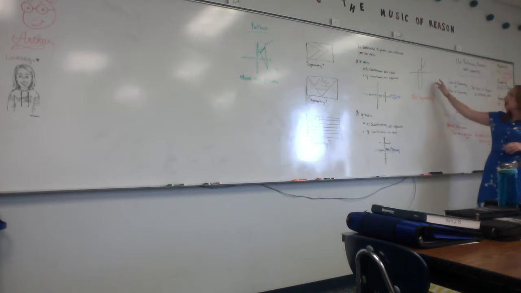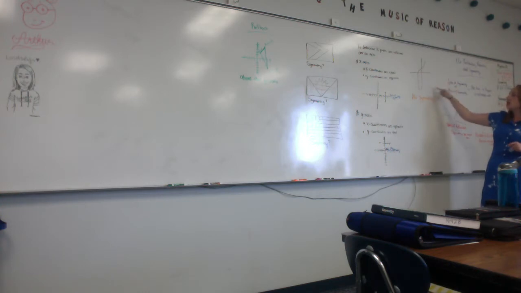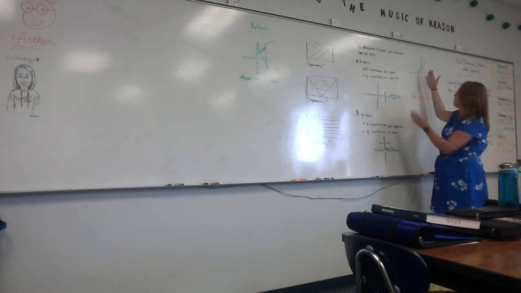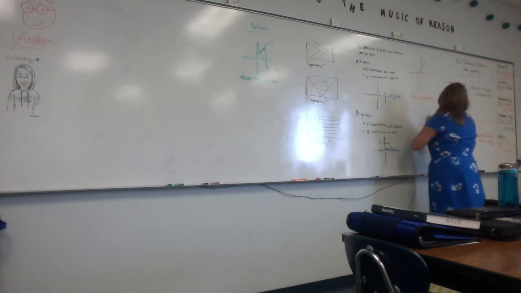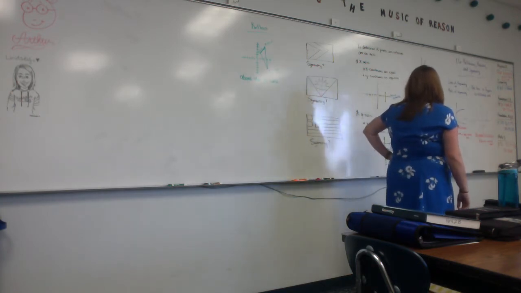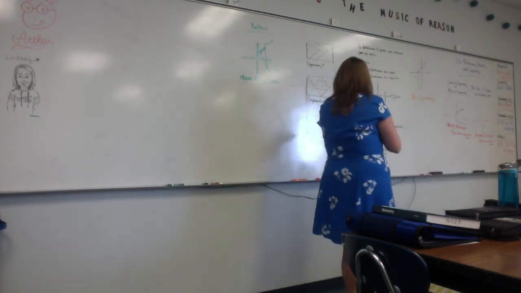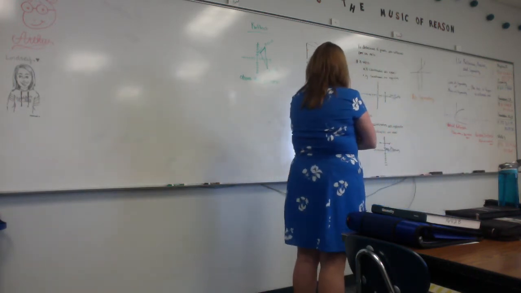This graph right here, which is like a cosine graph, has no symmetry because when I divide it in half, if I flip it over that horizontal reflection, it doesn't graph on itself. Okay? So,